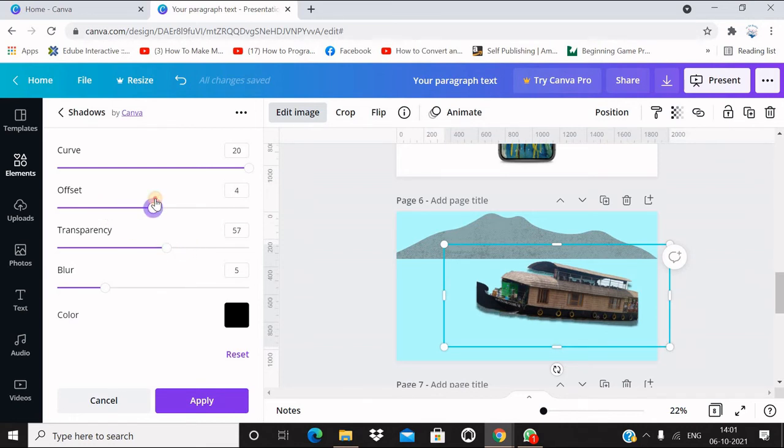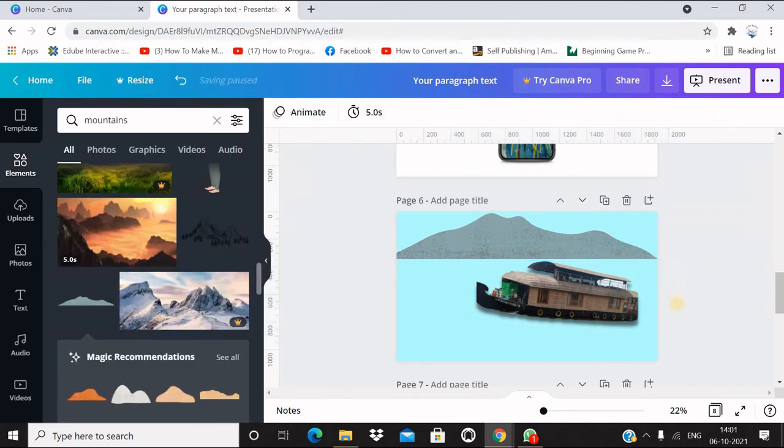You can change the offset slightly. Now you can say apply. So a shadow has been created for the boat. Like this you can apply shadow effect to any selected image.